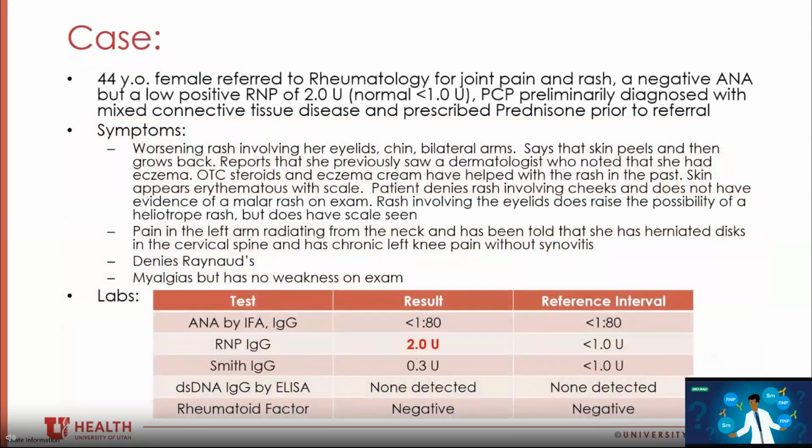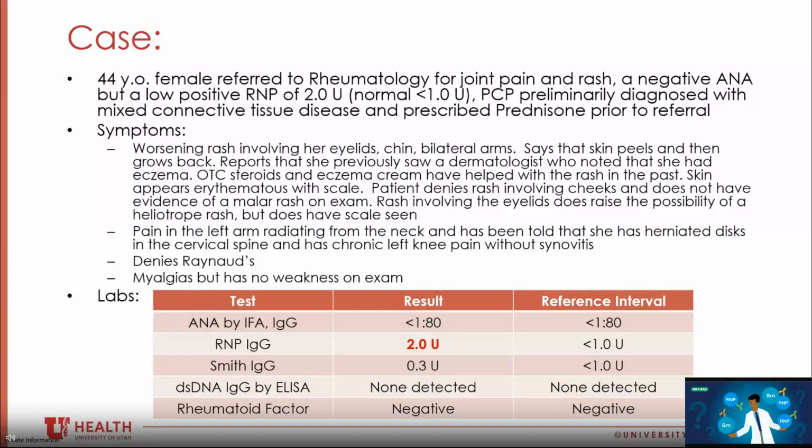I would like to start with a case to set the stage for why we are discussing the differences between anti-RNP and anti-Smith RNP antibodies, and the potential impact of which of these tests is ordered and how the results are interpreted on the evaluation of a patient for autoimmune disease. A 44-year-old woman was experiencing joint pain and had developed a rash, so she scheduled an appointment with her primary care physician, who ordered testing for anti-nuclear antibodies, also known as ANA, by indirect immunofluorescence assay, and anti-RNP antibodies using